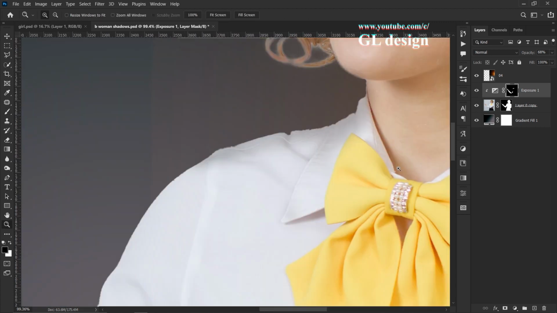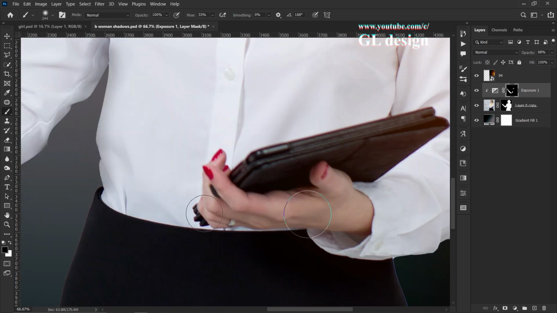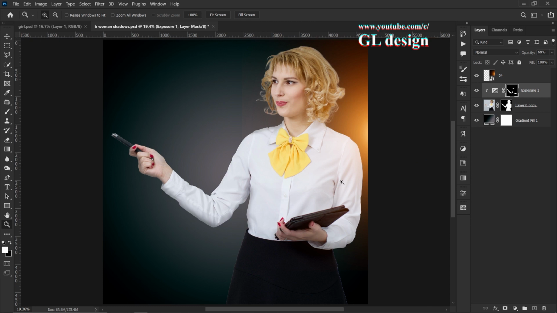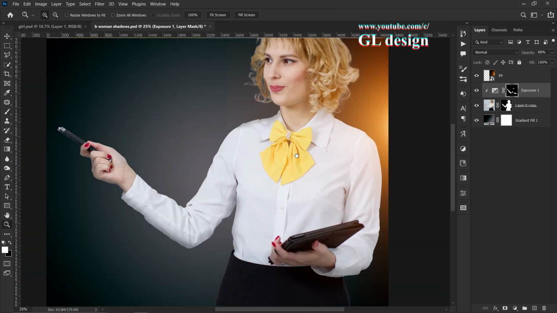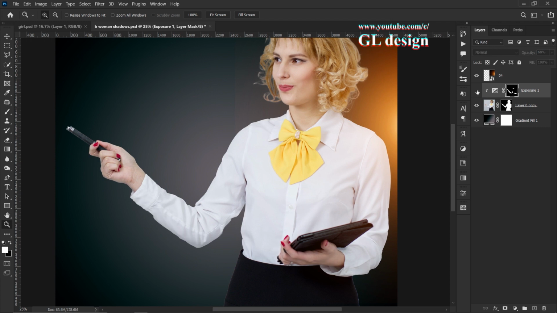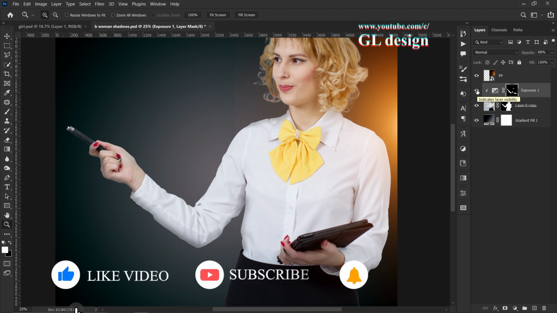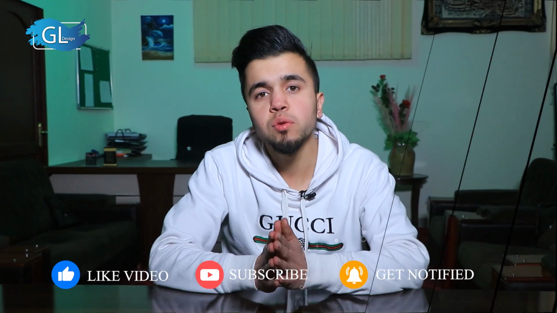And we can see these places, the before and after. As you see, by this shadow, this image changes to a more realistic image. It was a simple example that I showed you to explain how you can have shadows